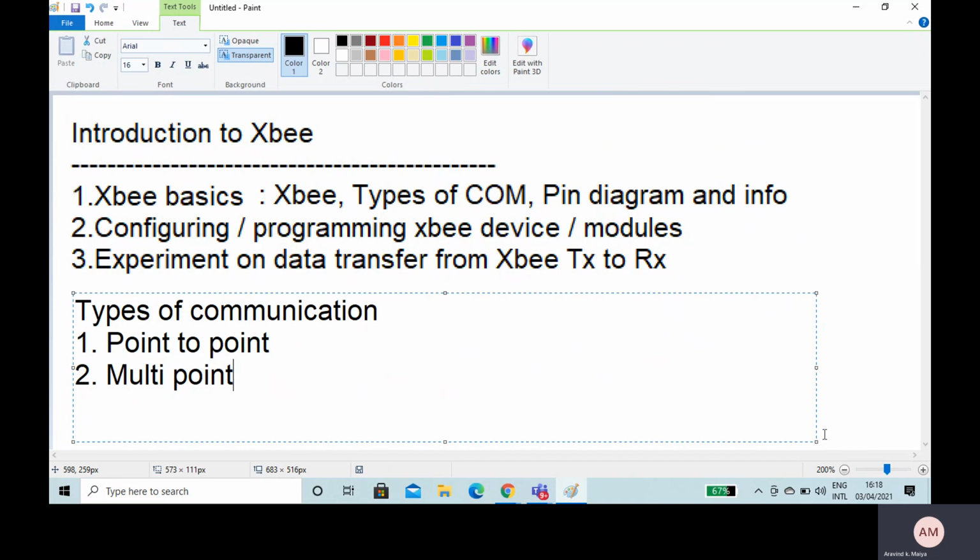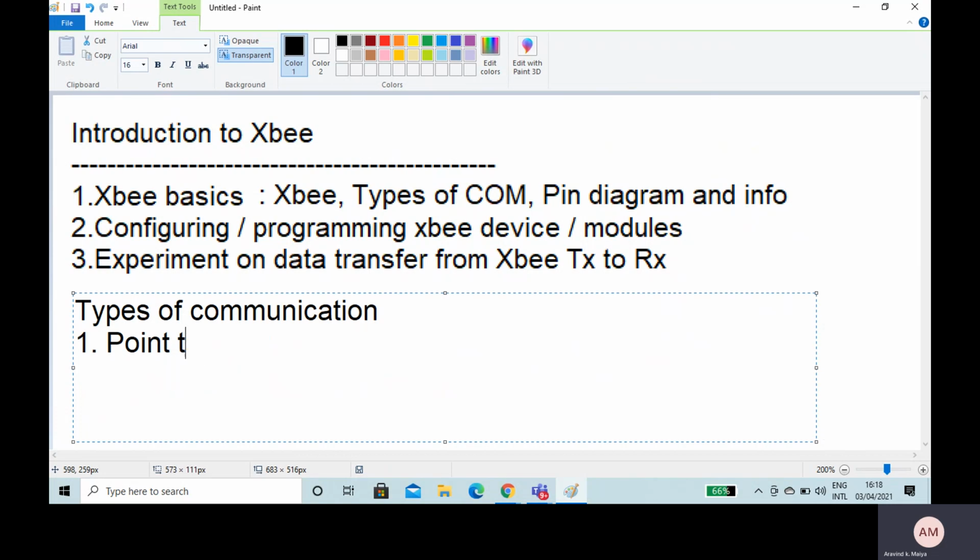Multi-point means there can be one transmitter and many receivers, or many transmitters and many receivers. So it is basically like a mesh network. You can go for point-to-point or multi-point communication. We will discuss a simple point-to-point communication in our proposed experiment.